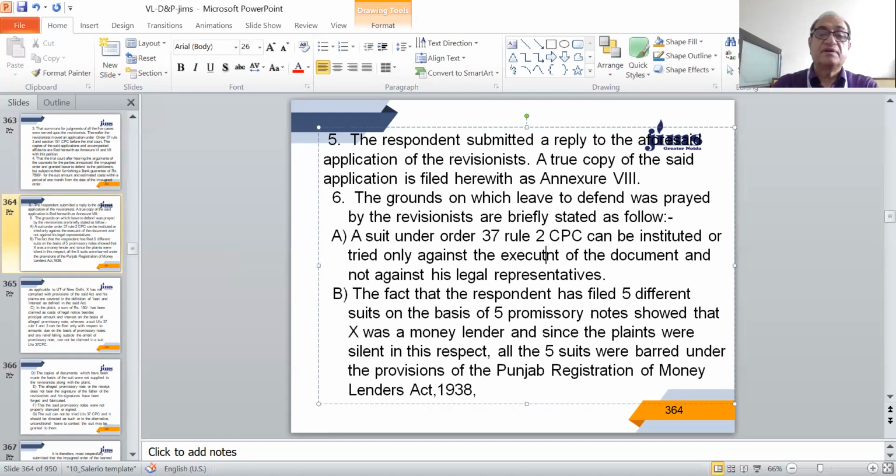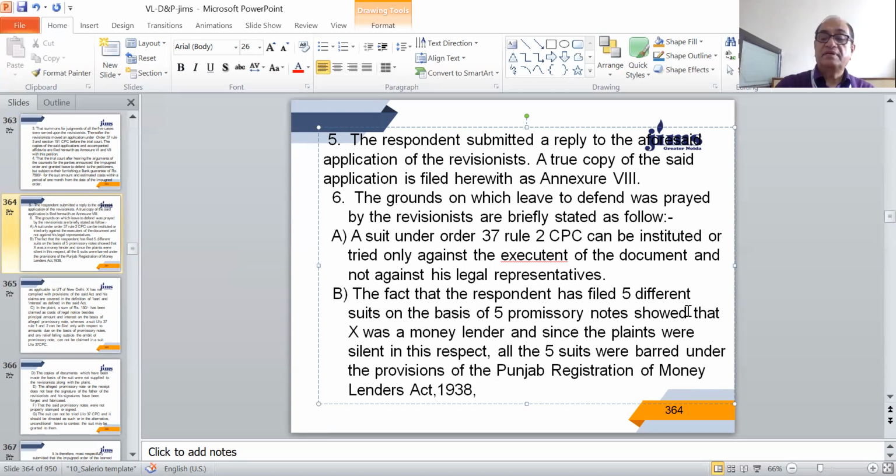This is the first ground, that a suit under Order 37 can be instituted or tried only against the executant of the document and not against his legal representatives. B, second ground, the fact that the respondent has filed 5 different suits on the basis of 5 promissory notes